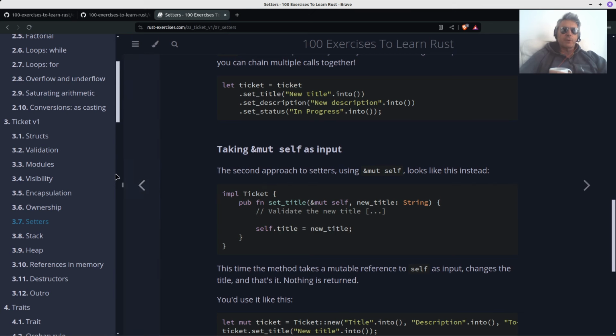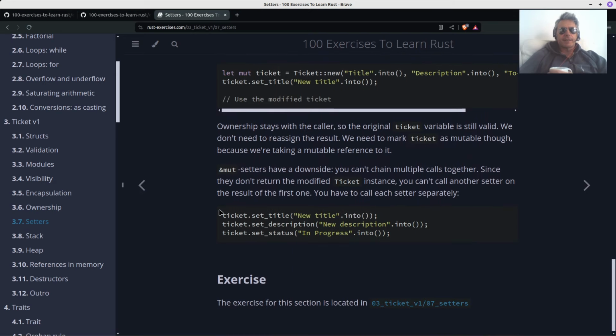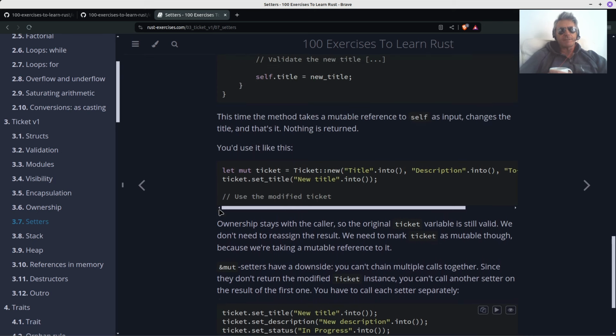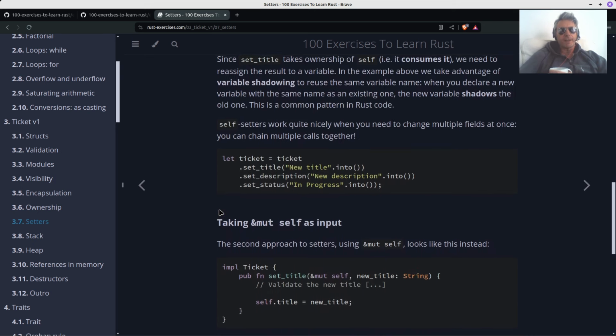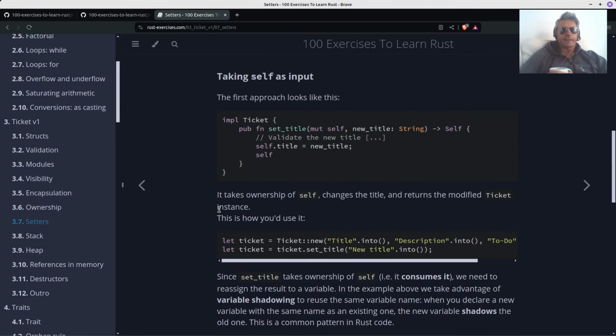But if you really want to practice this and nail it, then chapter 3.7 of rust-exercises.com. And if nothing else, hopefully I've brought this to your attention, and if you weren't really au fait with this, then it's really worth getting your head around,